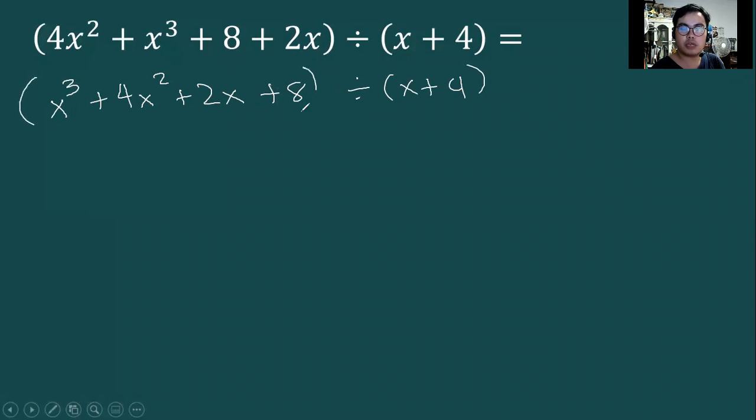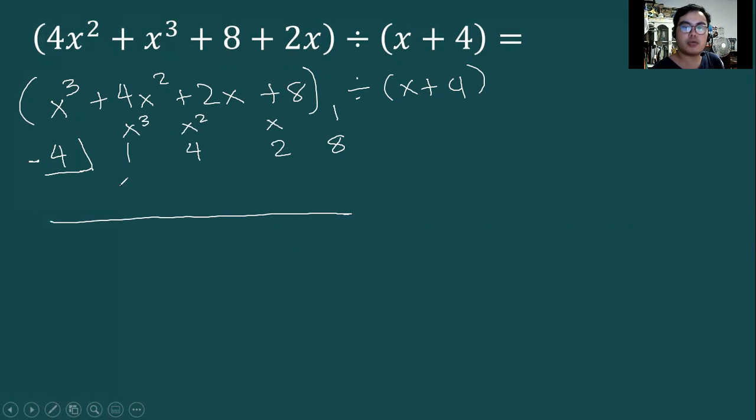So what we are going to do here is find the value of x in the divisor. Let me show you a simple trick. All you have to do is copy the number of the divisor. Then, since it was plus, I'm going to change the sign here. Okay, so now we're going to write the numerical coefficients of each term. So this is for the x cubed, this is for the x squared, this is for the x, and this is for the constant.